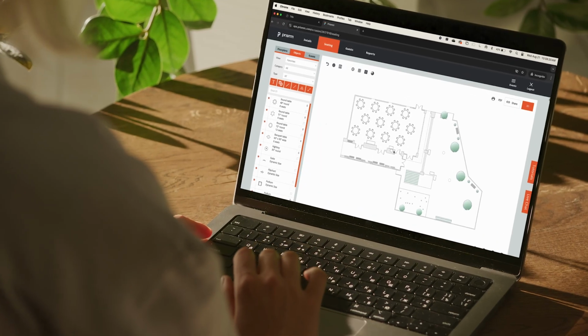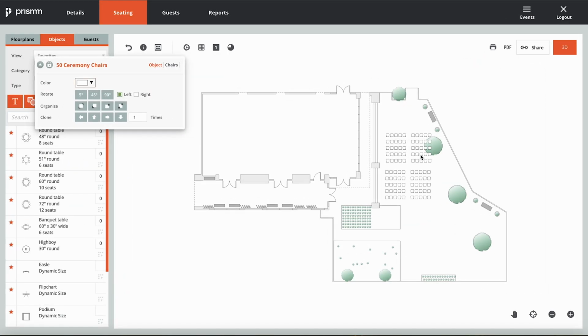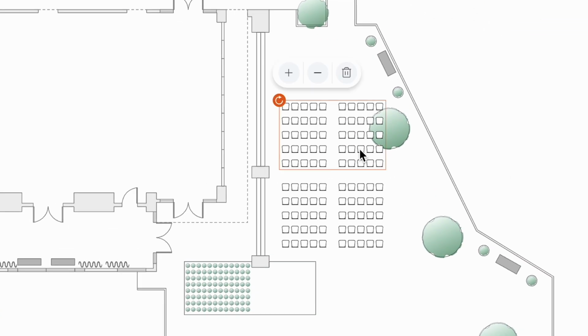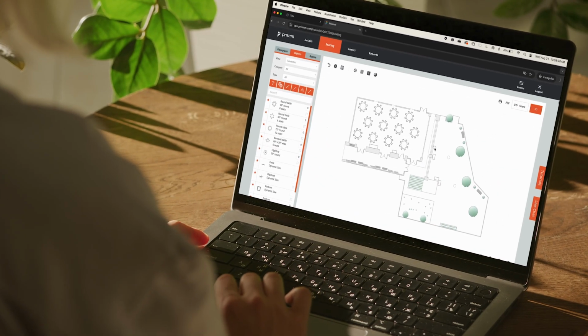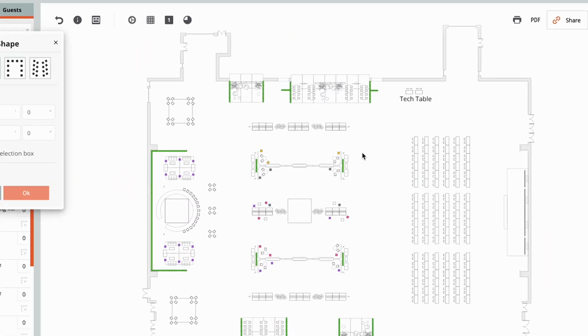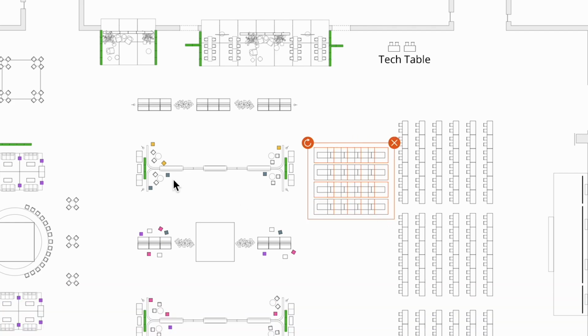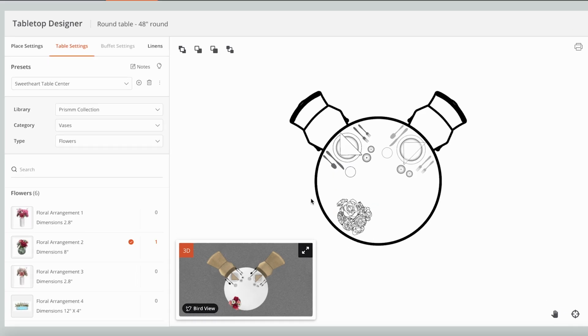Move beyond traditional event planning tools and design realistic, accurate floor plans with Prism. Use automation to get your job done faster and get back to doing what you love, planning memorable events. From floor plans to furniture and seating to centerpieces, customize every detail to each event, envision more, create more, and